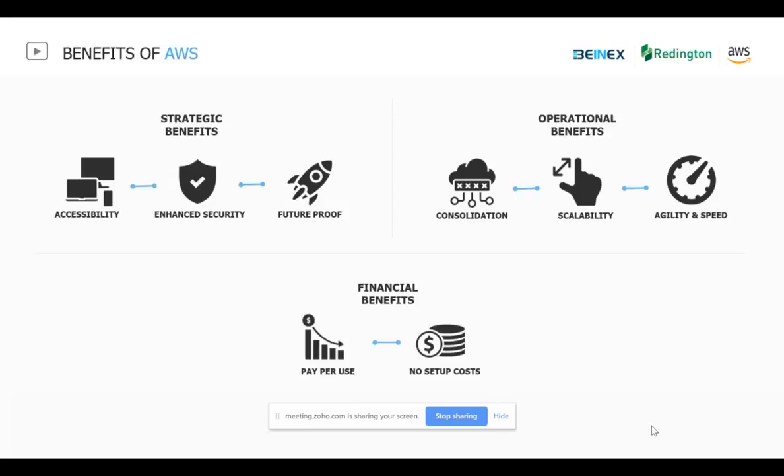And over the financial benefits, you are paying for what you use for the type of AWS instance that you select. When you say an instance, we have multiple instances, T, R, X, M, and so on.